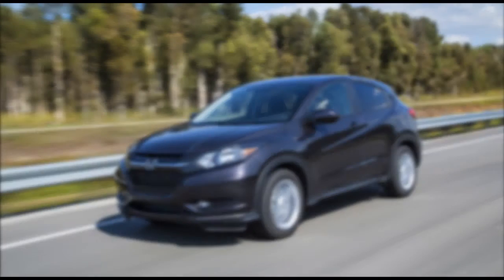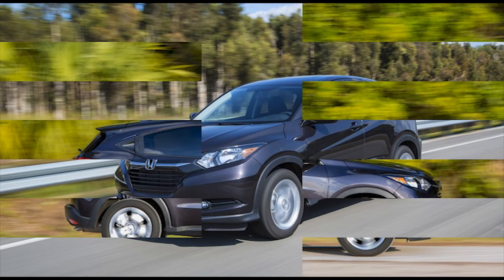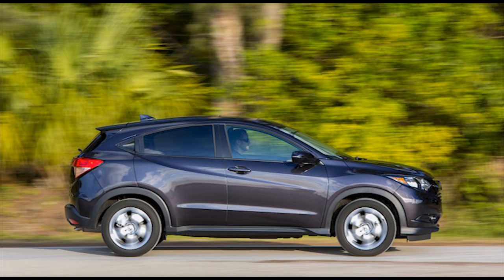The SUVification of the automobile market continues apace, with buyers in even the smallest segment now deciding that they, too, want the higher seating position in all-wheel drive versions, the bad weather capability afforded by a crossover-type vehicle. Honda is showing more hustle than usual with the new 2016 HR-V, getting into this game in the still early innings. The Nissan Juke, the Mini Countryman, and the Buick Encore were the pioneers, but in the past year the